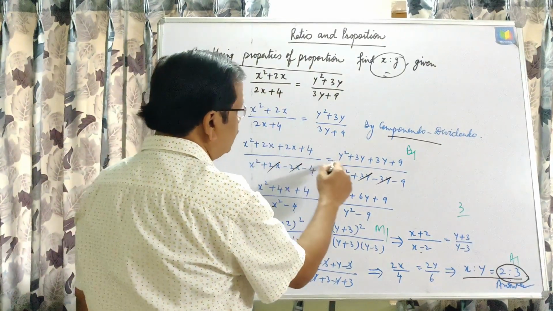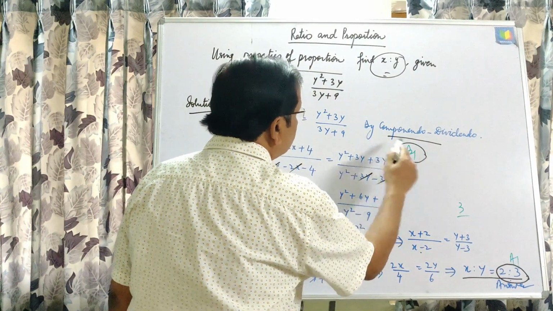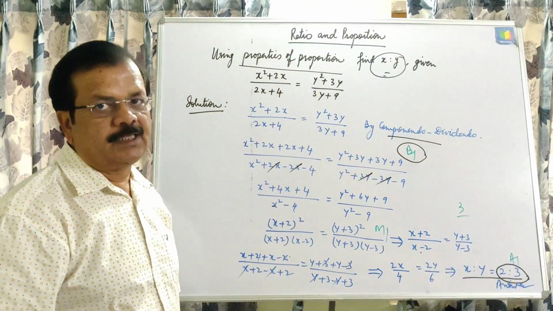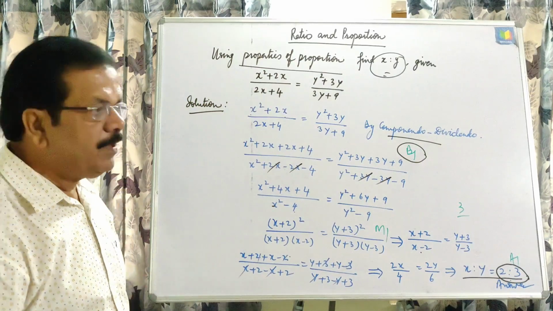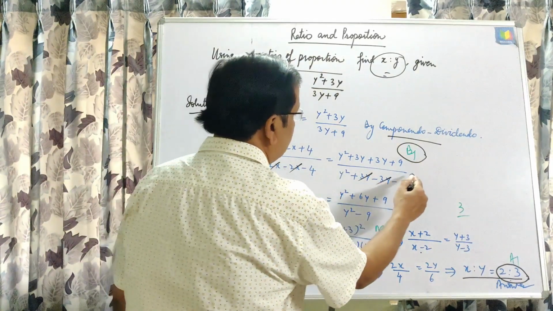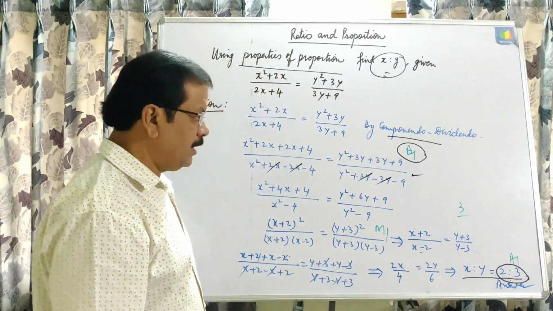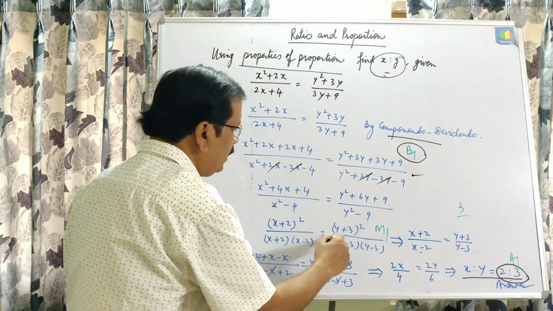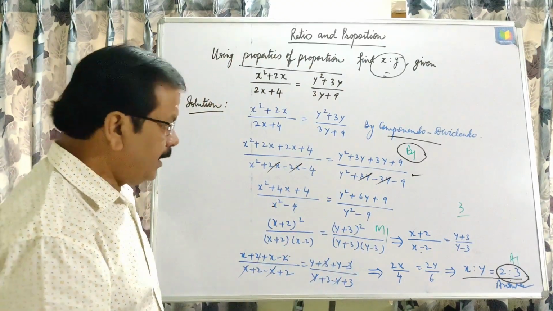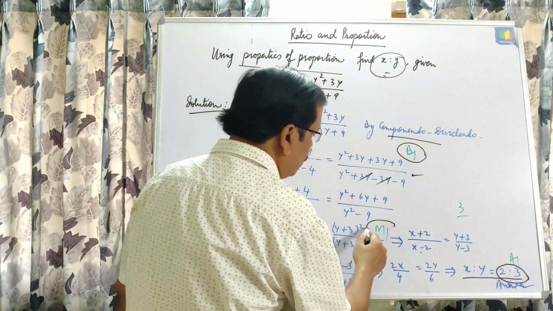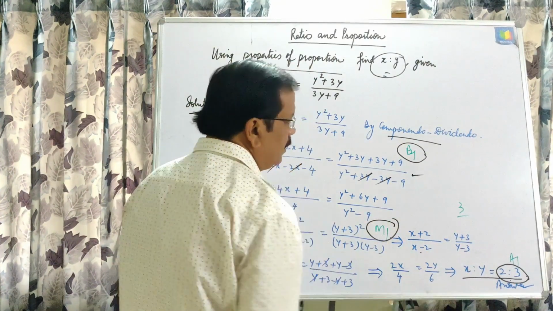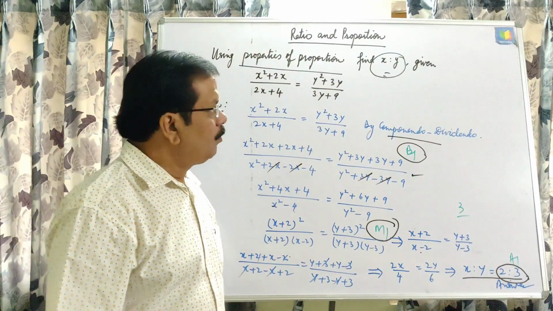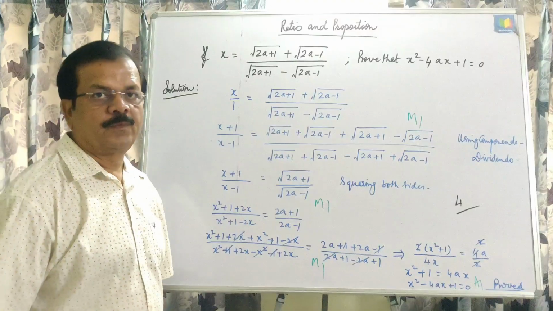This year, after using this, B1 was allotted, though in previous years M1 was allotted for this, for method. But anyway, ultimately you are getting 1 mark here if you use componendo dividendo. The next mark is for writing correctly after simplification in square form, then taking square roots. This second M1 was given, and the third one, the answer mark, was given for writing in ratio form. Okay. And now the next question.